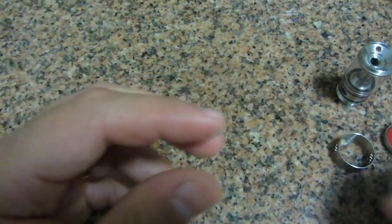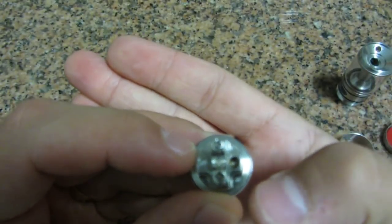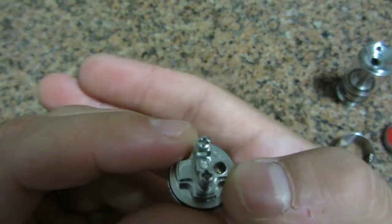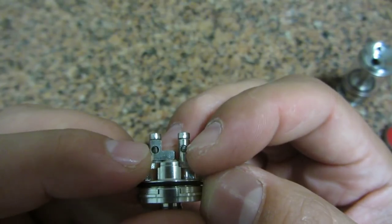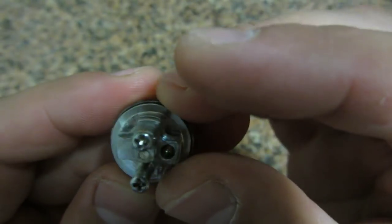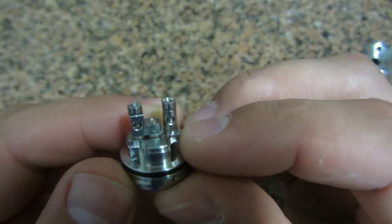we now see the base. Okay, have 1 hole here for the single coil adapter. It's a 2-pole design with large holes in the screws. Okay, so we have large choke channels for better wicking,